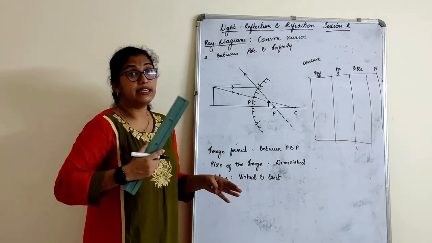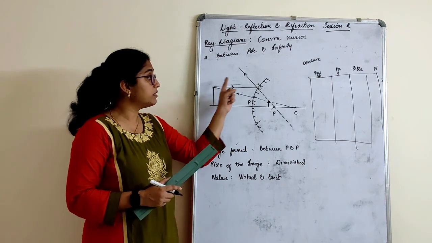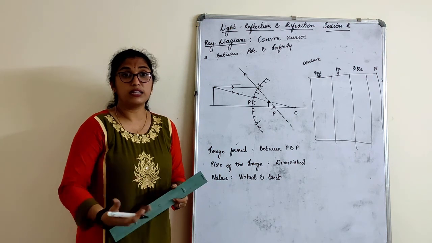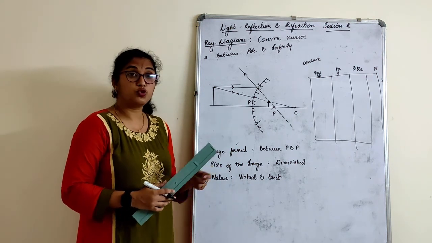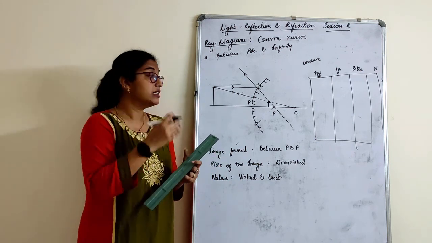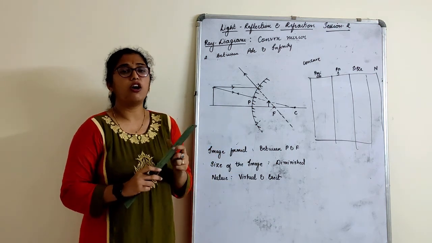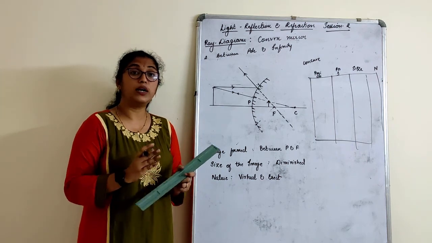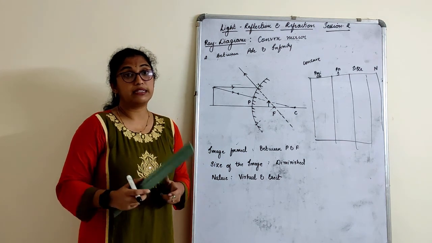So now in the next session what we will learn here is what are the sign conventions of the mirror, what is the mirror formula, how do we calculate it, what is the magnification formula, under which circumstances we are supposed to use focal length as positive, what is u, what is the value for u, whether it is positive or negative. You will all learn that under sign conventions, which is very important to understand the numericals based on mirrors. So that we will be doing in the next session.